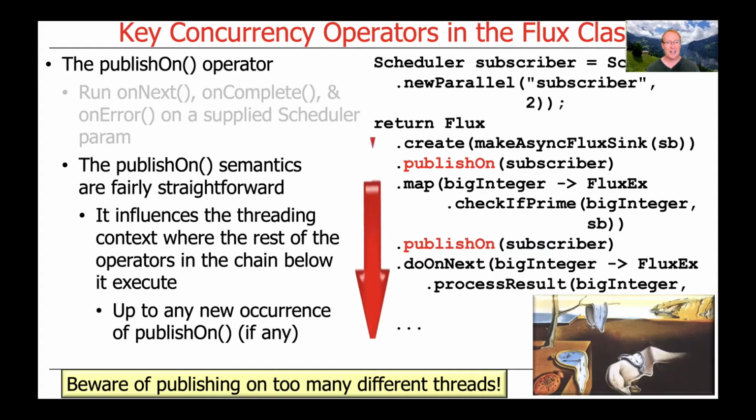You'll start to get too much context switching overhead and too much cache memory overhead and too much memory movement overhead and synchronization overhead and so on and so forth. And it just becomes more trouble than it's worth from a performance point of view. But the point is you can do these things very quickly and easily using the publish on operators as we're